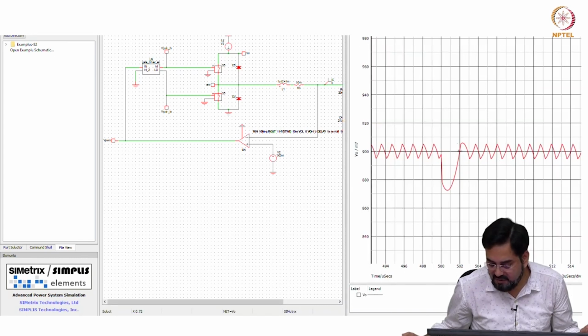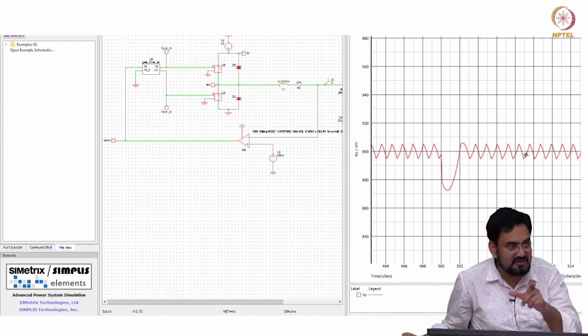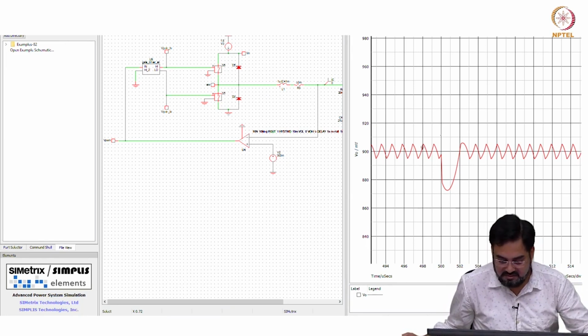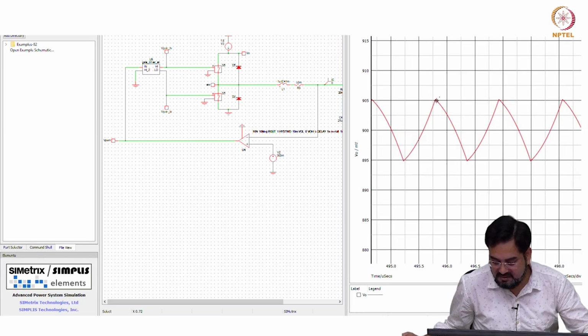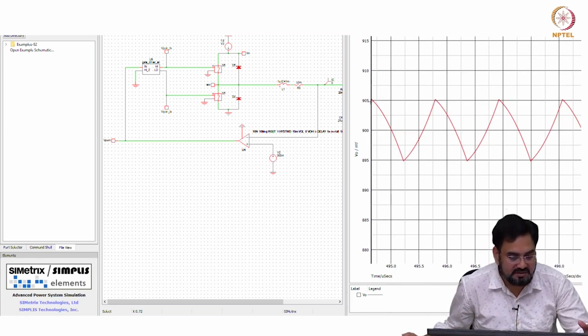So, one thing you can see, now you do not have any ringing here, I mean it dips and settles back very quickly. In there you are seeing some ringing because of that phase lag. Now, you do not see any curve there which was at the peak, around the peak. So, your output is well bounded within your hysteresis window. So, we kept plus minus 5 millivolts. So, you can see 905 and 895.